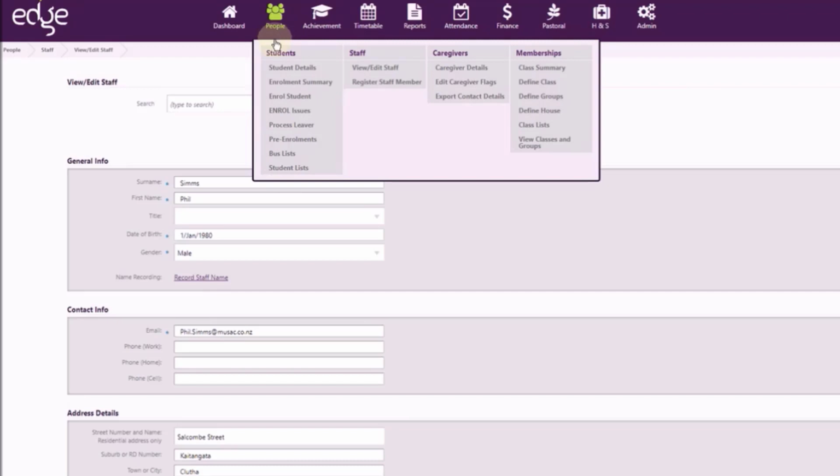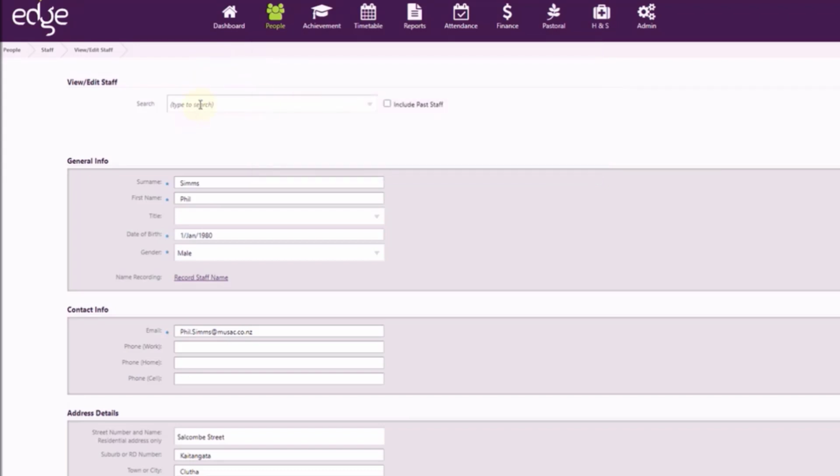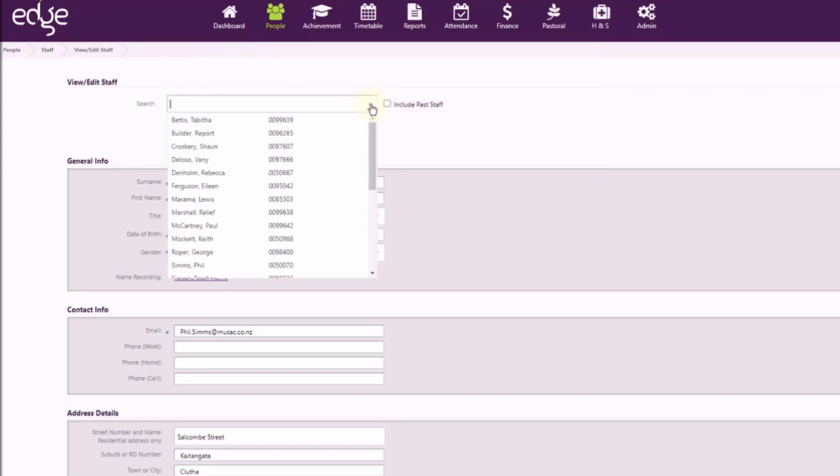Under the People menu in the second column in Staff we have two entries, viewing and editing staff and then adding a new staff member which is labelled Register Staff Member. We'll start with View Edit Staff Member. This takes you to this page initially with only a drop down on it, and from there you can choose